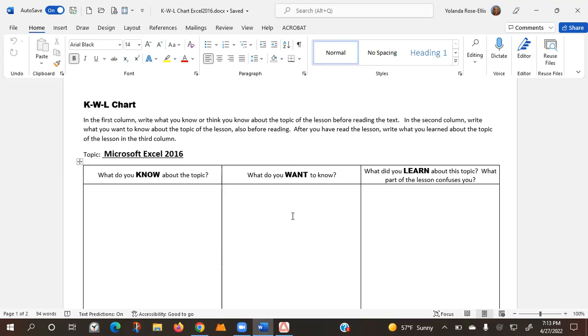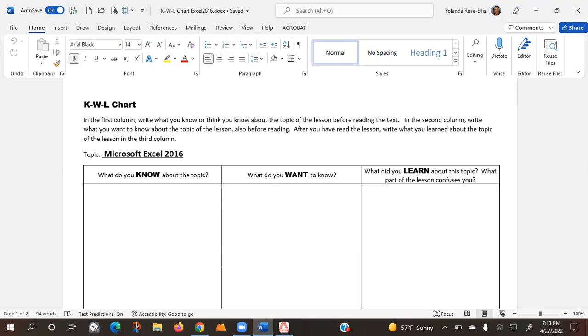After you have read the lesson, write what you learned about the topic in the third column. So the first two columns, column 1 and column 2, is what we're going to do right now. The last column, we do it once we are finished with